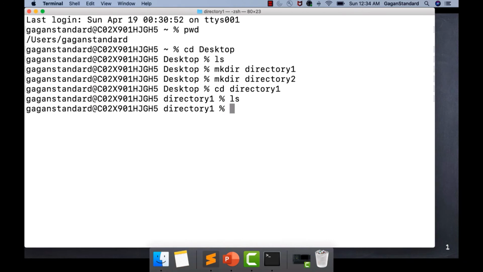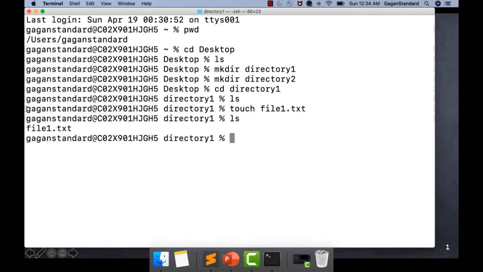Yeah, you can see directory1 is empty. As you can see, we are doing ls and there is nothing present under directory1. Let's create one file. I'm using touch to create a file. Let's say the file name is file1.txt. You can see a file has been created with the name file1.txt. We have not provided any content inside the file, so the file will be empty. Let's see what exactly is present in this file. Type the command cat with the file name and you can see there is nothing present inside it.